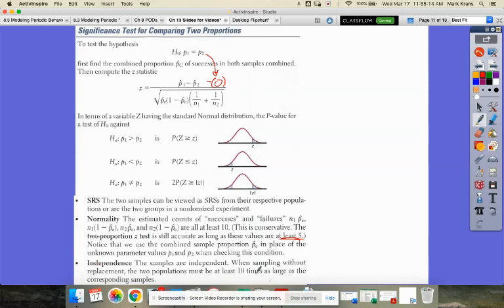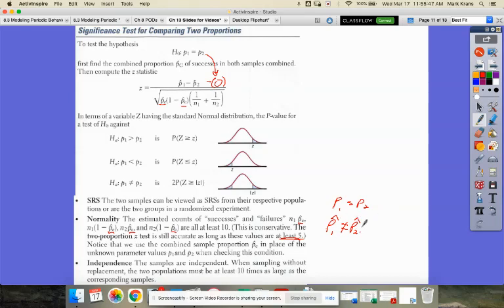And then independence: the samples are independent of each other, and the two populations must be at least 10 times as large as their samples, okay? So nothing new there except for this weird p-hat combined that we need to work with in all of these places. And this is just for the tests, because the tests assume that p1 is equal to p2, in which case even the fact that p1 hat is not equal to p2 hat,